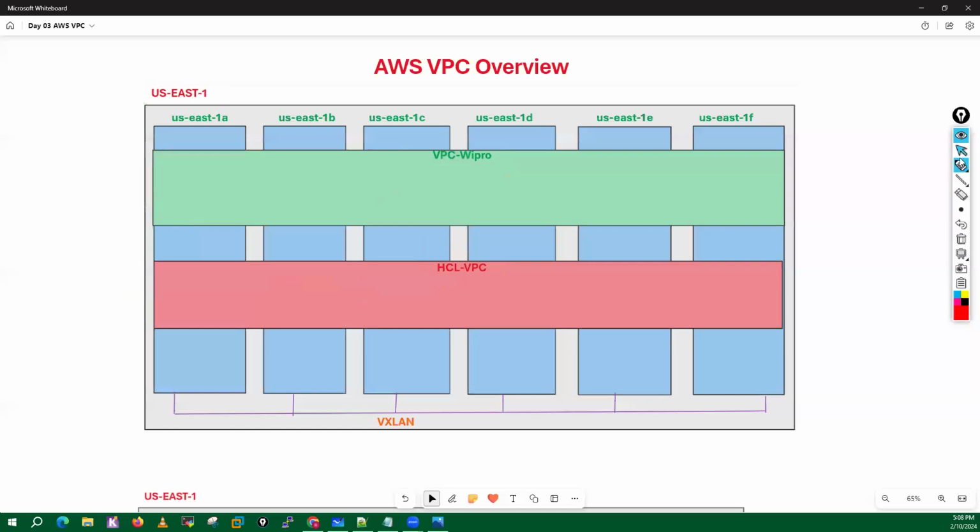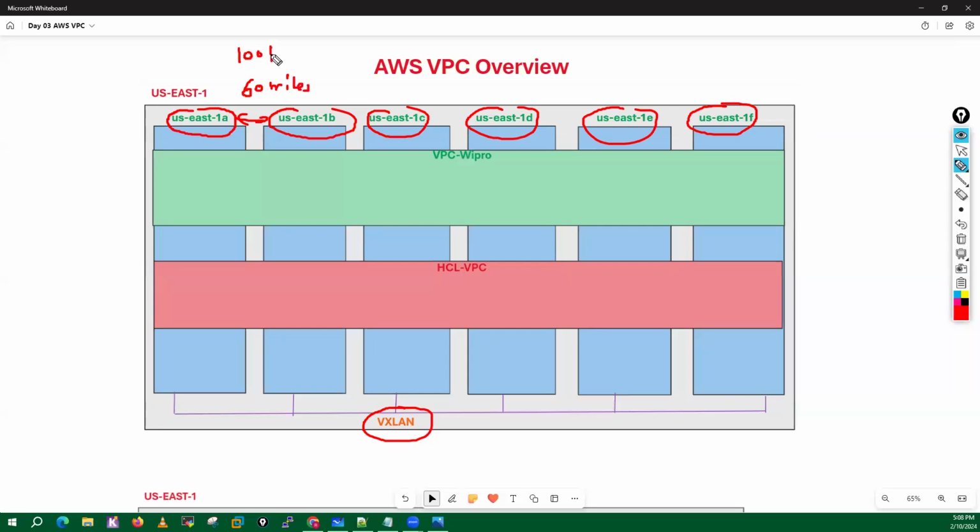Okay. And guys, let me tell you one more thing. All these availability zones have connectivity with each other, and they communicate by using VXLAN technology. They use VXLAN technology for the communication purpose, because each availability zone is around 60 miles away, or some are around 100 kilometers distance from each other. Okay. Now,